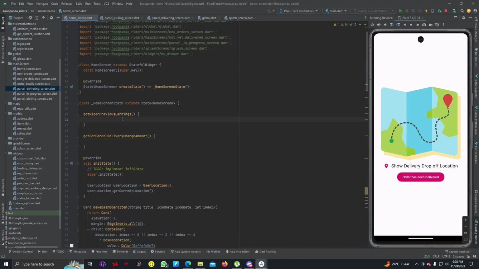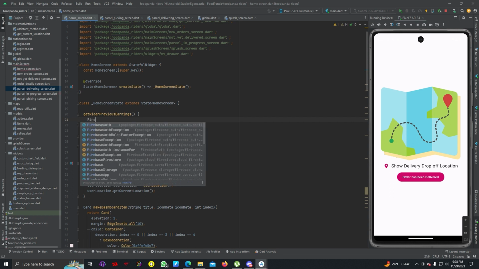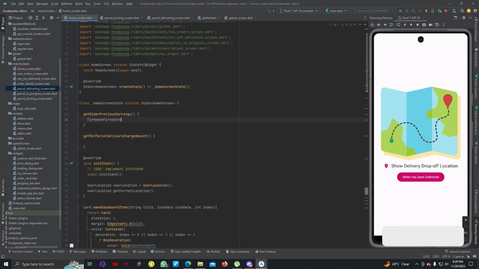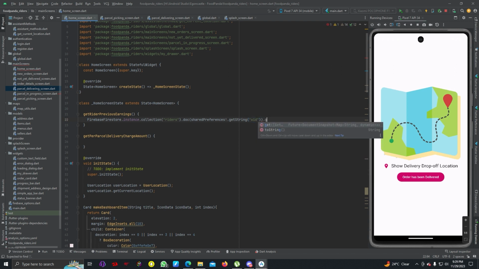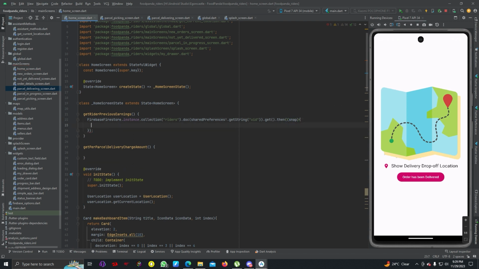So go to home screen and write firebase firestore dot instance dot collection riders dot doc shared preferences dot get string uid dot get dot then snap, previous rider earnings equals to snap dot data earnings dot toString,